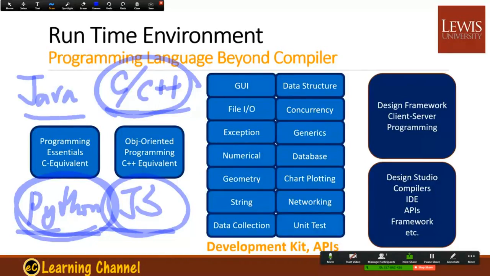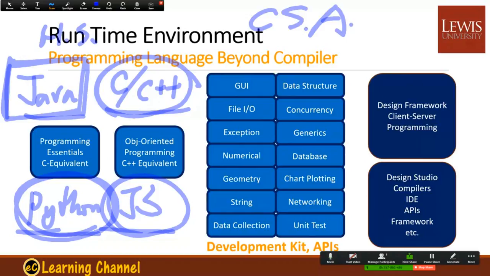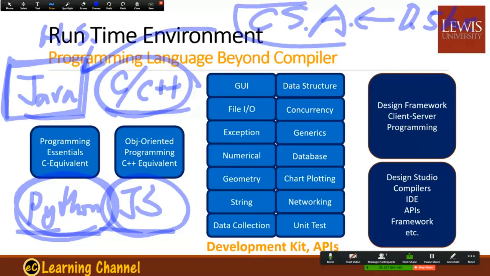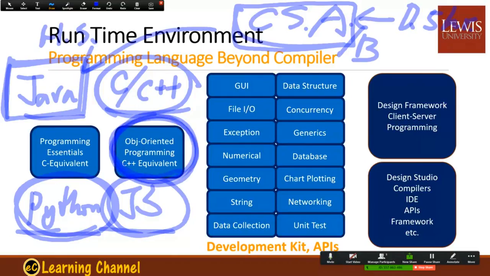And in terms of a starting language, I personally prefer Java as a starting language in high school. Especially since we have AP Computer Science A in high school that teaches Java. But before AP Computer Science A, you need to have at least half a year of training in programming, either Python or Java, it doesn't matter. But once you get into the CSA course, I would say it should be CSA and B. CSA itself is not good enough. You need to learn second year or second semester college